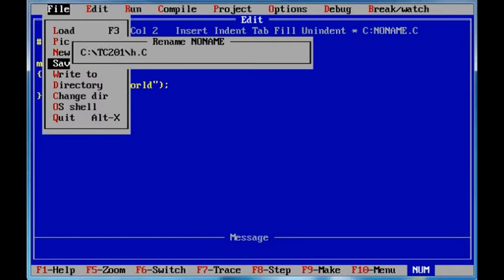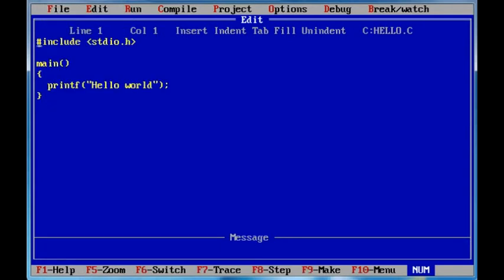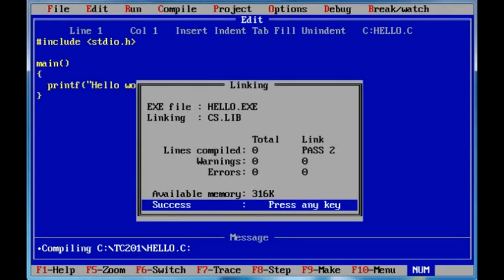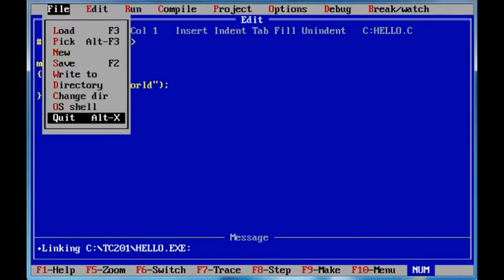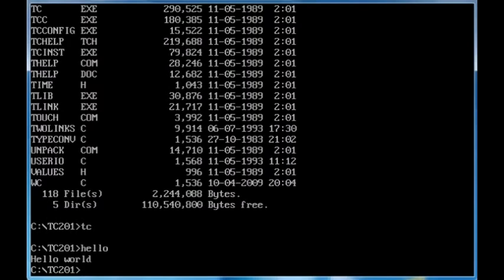hello, yes, go to the compile menu, compile the object, compile the executable, link it, success, so it's all good. File, quit. Now if I type in hello, it should say hello world. Alright, so we'll go back to Turbo C here, the IDE,